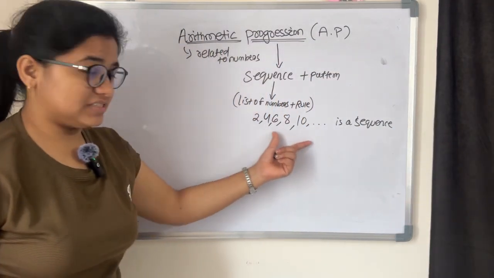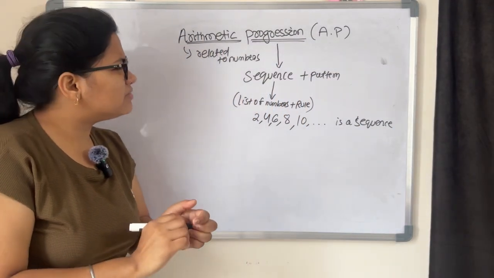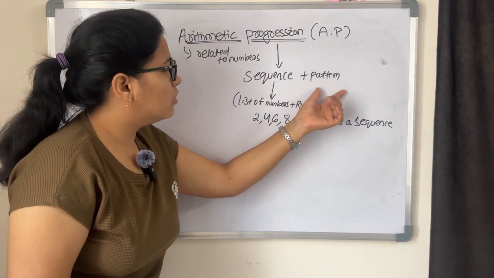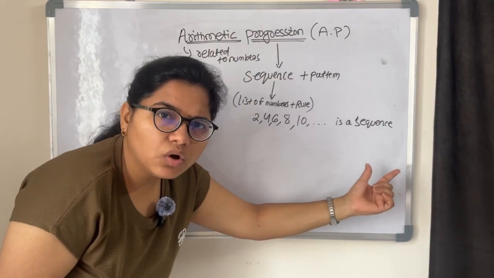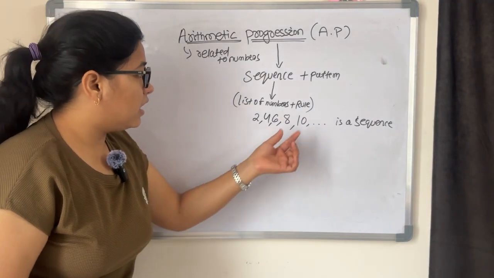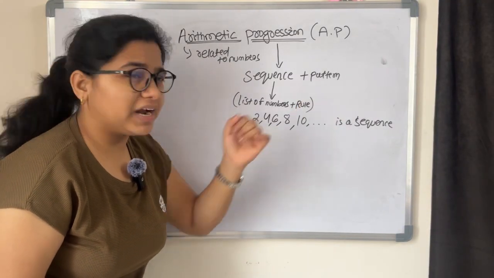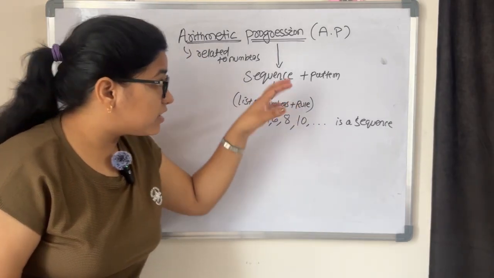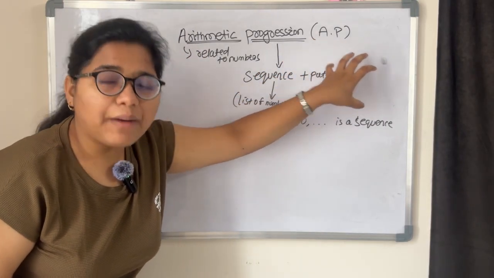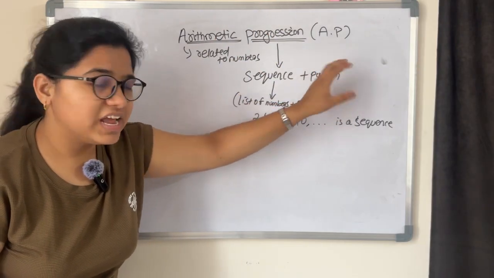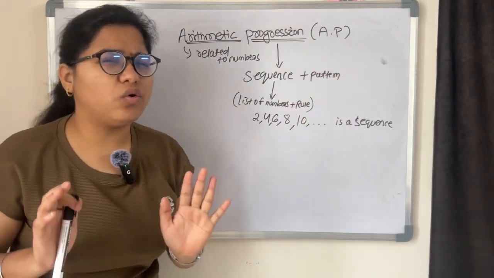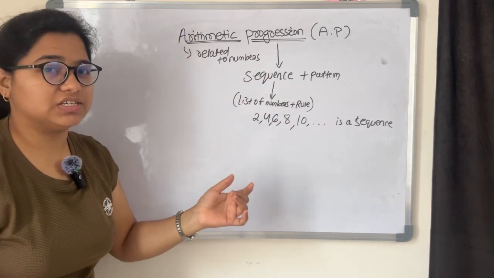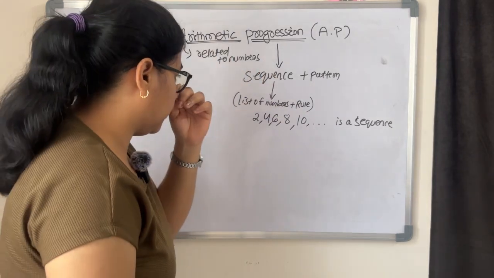So what is the difference between this sequence and a rule? It is following a rule. You may ask me what a rule is and what a pattern is, and what the difference is. Let me clear that up. After I explain the definition, it will be clear. No need to worry about it. So try to understand the situation first.